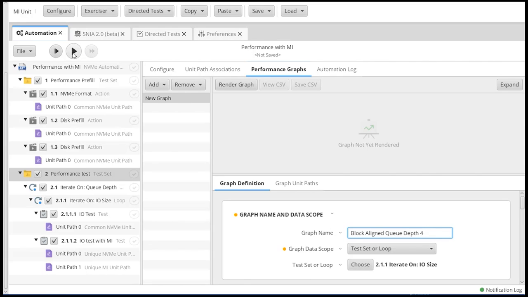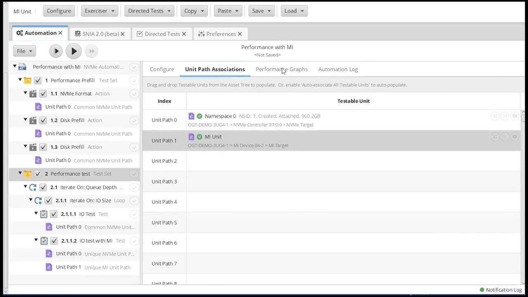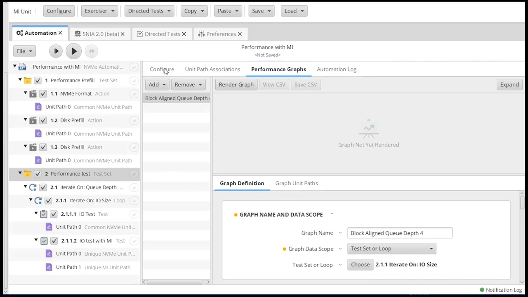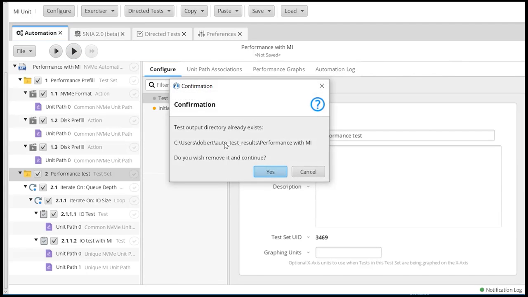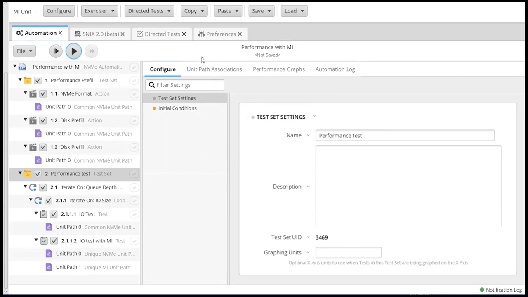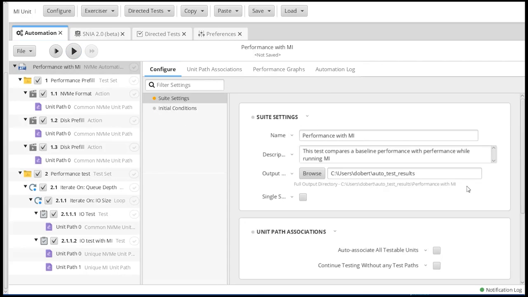Once that is all set, we've got our unit paths associated, we have our performance graphs, we can go ahead and start our tests. In this case, I'm going to change the name here because I actually have this already set up so I can show it to you.